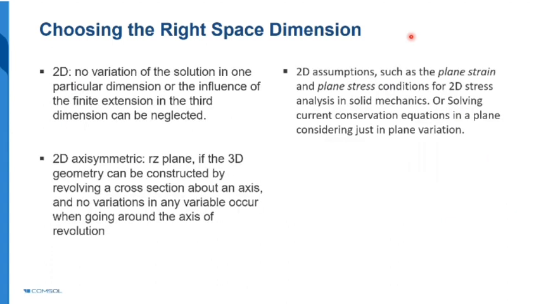Next is the 2D dimension, that is, no variation of the solution in one particular direction, or the influence of the finite extension of the third dimension is neglected. So in either of these two cases, whenever it is possible, you can model a 2D problem. For example, if you are from an electromagnetics background, you can correlate it with current conservation equations, wherein one can solve in-plane current conservation equations. But again, you will need to ensure what kind of cross section you are taking. Just for an example,